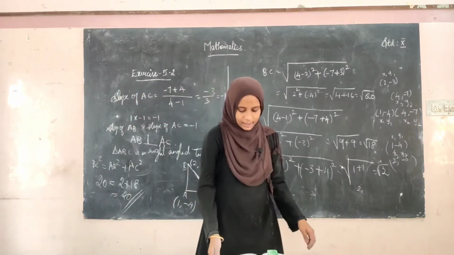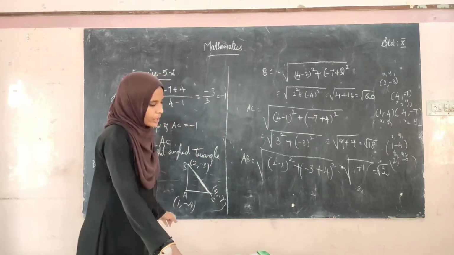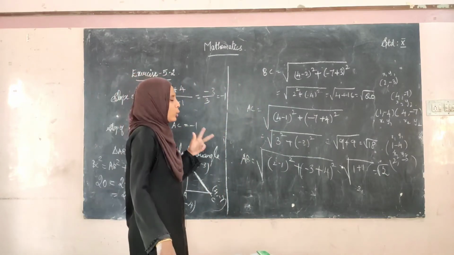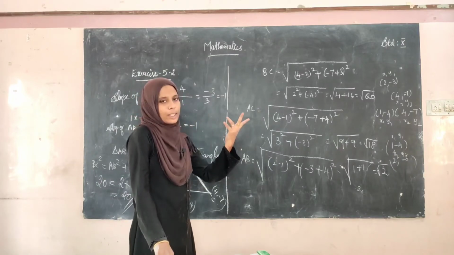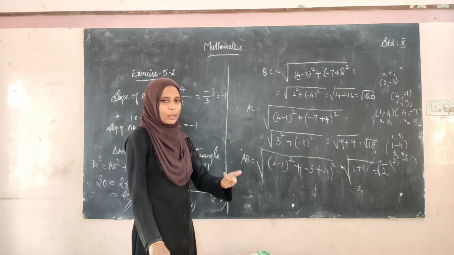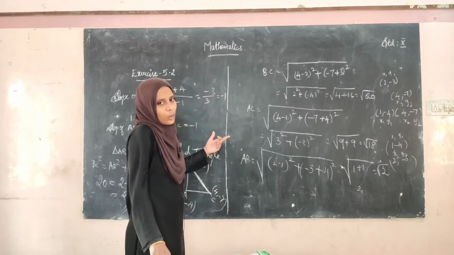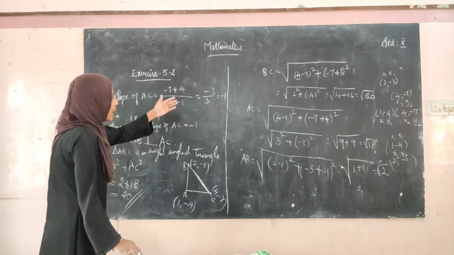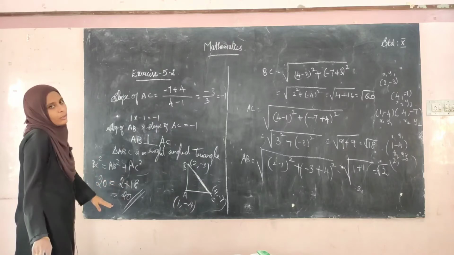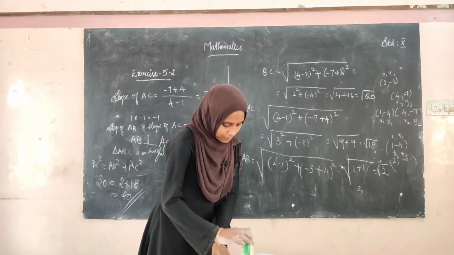Okay, see this again subdivision is the assignment for you. So, you have to do it in this order itself. First you have to find the slope of two points. Then you have to show that any two slopes are in the condition m1 into m2 equal to minus 1. That is, the two lines are perpendicular. If you say like that, then you can prove that it is a right angle triangle. Then after that you have to find the distance, and after finding the distance you have to substitute in the formula and you will be getting the answer. Okay, now let us see the next sum.